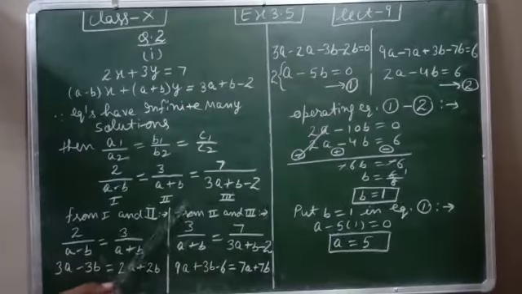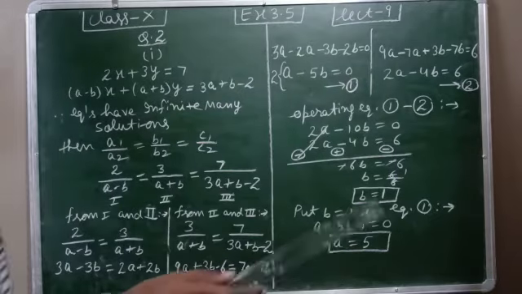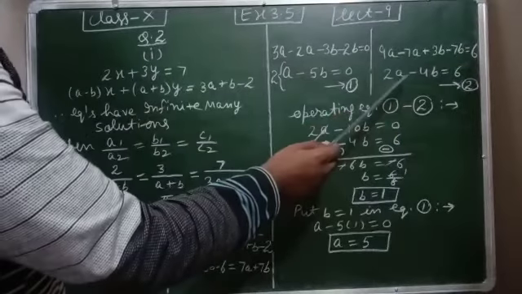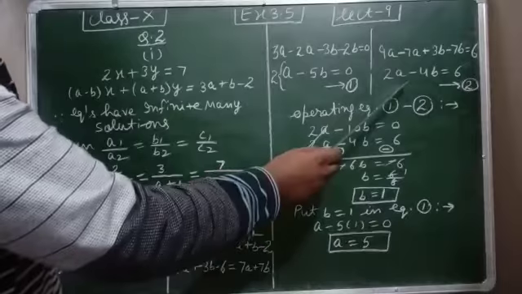Here we will take the pair of second and third values. So 3 upon a plus b equals 7 upon 3a plus b minus 2. Now we cross multiply: 3 into 3, 9a; 3 into b, 3b; 3 into minus 2, minus 6; equal to 7a plus 7b. We will shift only the a and b values to the left hand side, and on the right hand side we will have only the constant value. So here we are having 6. By solving this we get the second equation, 2a minus 4b equals 6. So this is the first equation, this is the second equation.